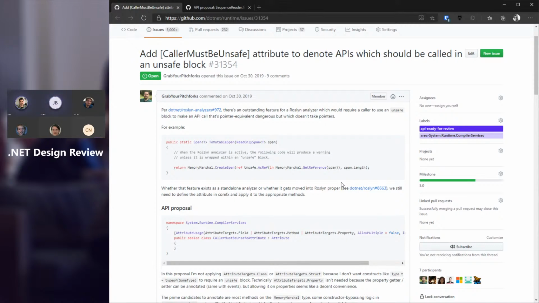So a good example of that would be MemoryMarshal.CreateSpan(ref T, int). There is quite literally no way to represent that in type-safe C#. You're quite literally going into an unsafe world when you call that API. So it makes sense to me, and since you brought up analyzers, I think that would address my